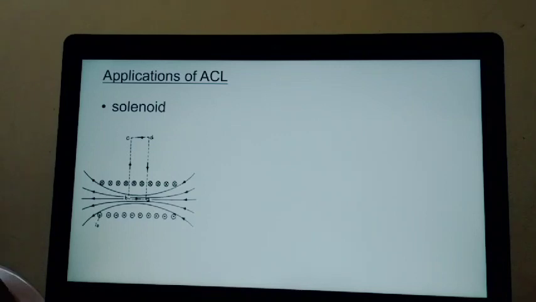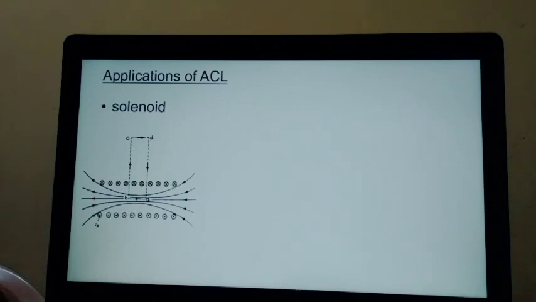See, this is one loop. In one loop, we have one dot and one cross. The dot indicates the entering current, and the cross denotes the leaving current. So at a distance, we have to find out the magnetic field intensity. Remember that outside the solenoid, there is no magnetic field. So we have to find out the magnetic field intensity due to this solenoid.